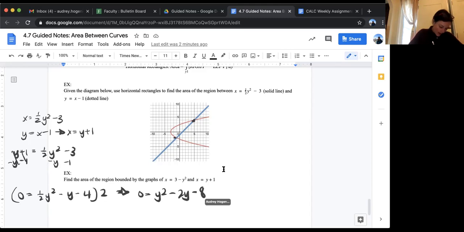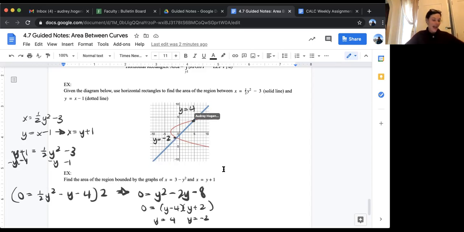I can go ahead and factor that, and I will get 0 equals y minus 4 times y plus 2. So y is equal to 4 and y is equal to negative 2. And now that I have my y values, I can write the area between these two curves using horizontal rectangles, which go this way